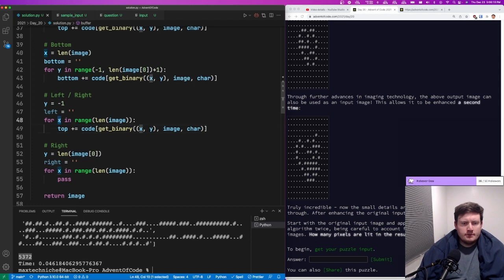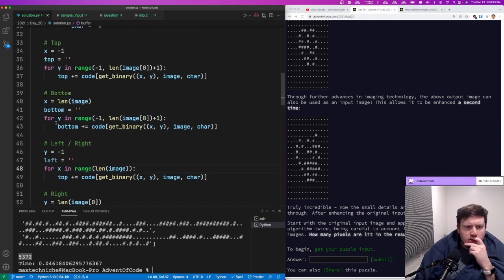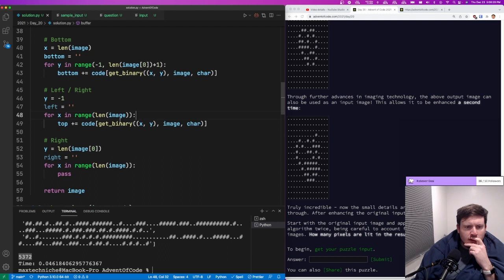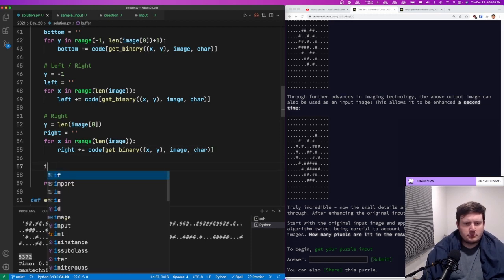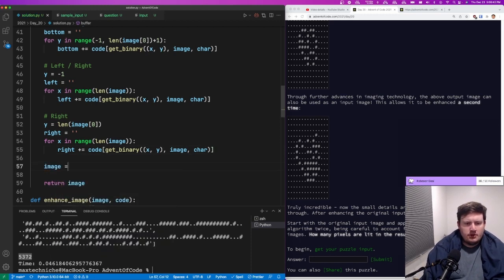Or actually, for X in range length image. No, I don't have to change it at all. I just have to have left and then right. So afterwards, image will equal top plus image plus bottom. And then